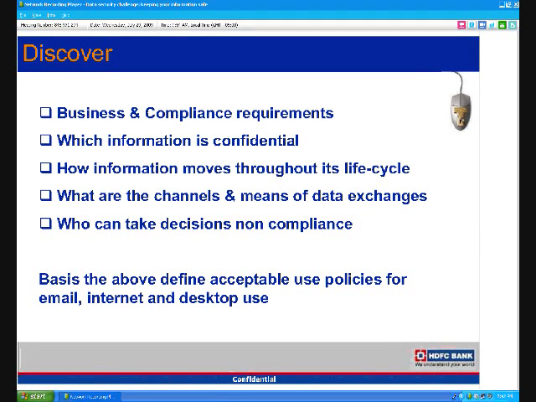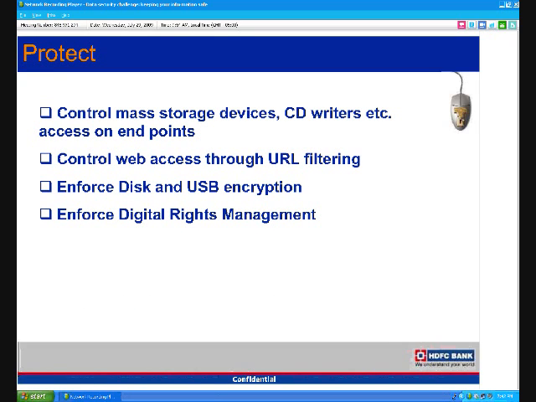So moving on to the next part, which is the protection part. In my mind, data protection has to be seen in both aspects: the first being digital rights management, and the second being data loss prevention solutions. It has to be a combination of both, and they are not mutually exclusive. They complement each other, and only once you have a holistic approach in place can you have full assurance of a right strategy for data protection.